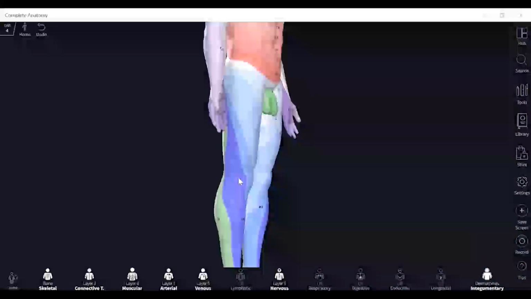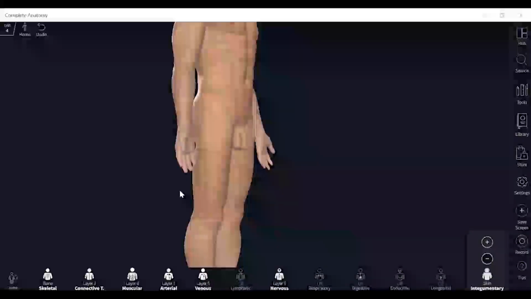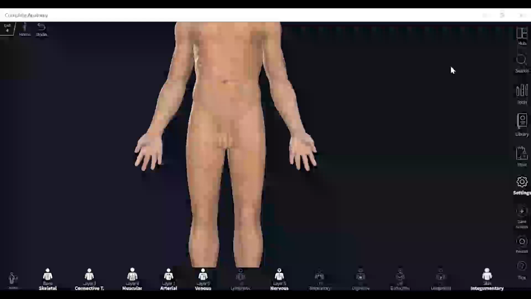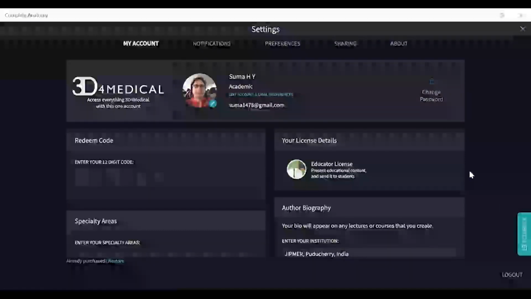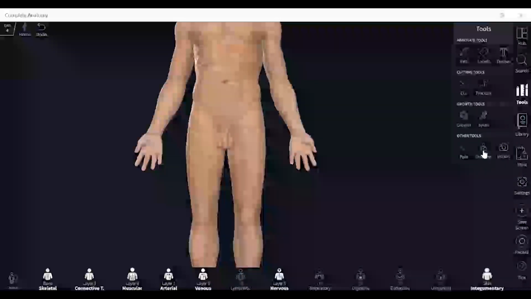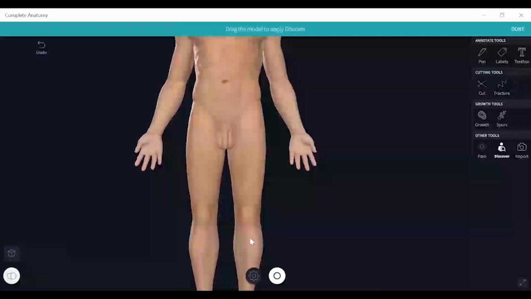In this model, I just want to show you one option which is very useful. This is called Discover. Using this tool, I'm able to make a port through which you are able to see the underlying structures.